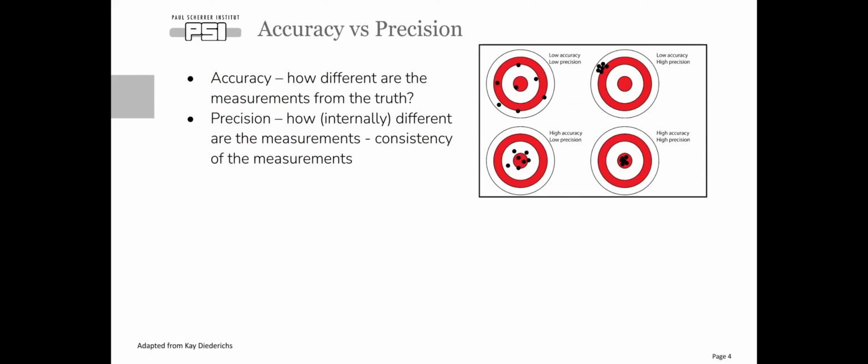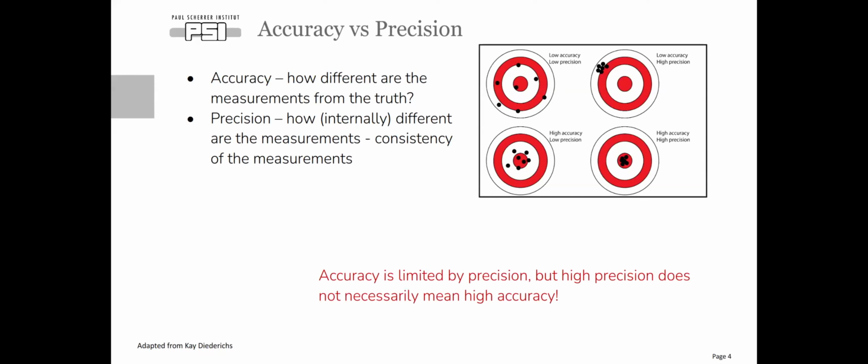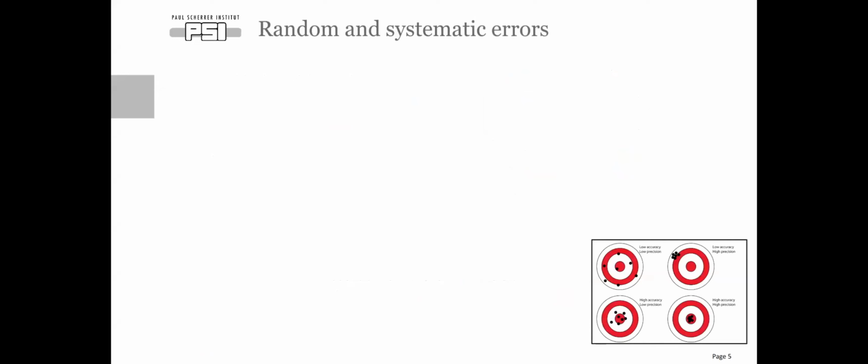And from that, we can see that accuracy is limited by precision, if you have a look at the picture. But high precision does not necessarily mean that we are close to the truth, so that we also have a high accuracy. So I think it's really important to understand that. And now, in our previous talk, Graeme was talking about uncertainties or errors. Sorry, I call it errors, but I want to relate this accuracy and precision problem to the errors that we actually have in the data set.